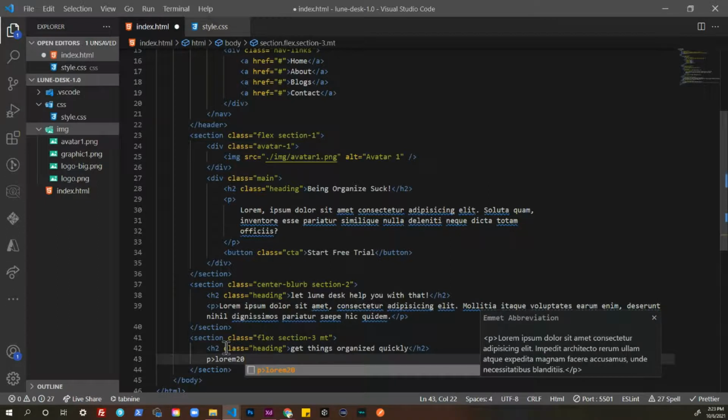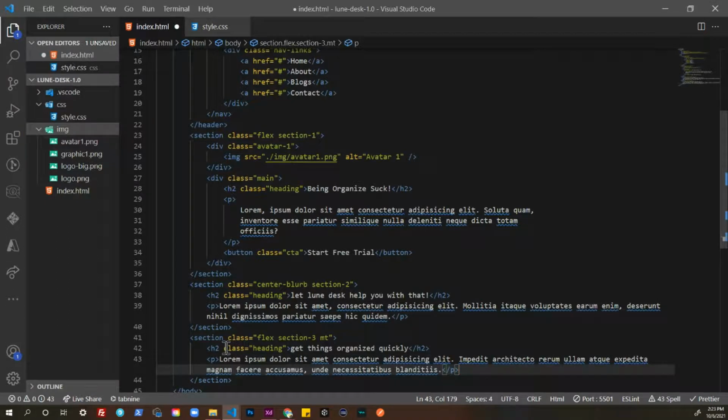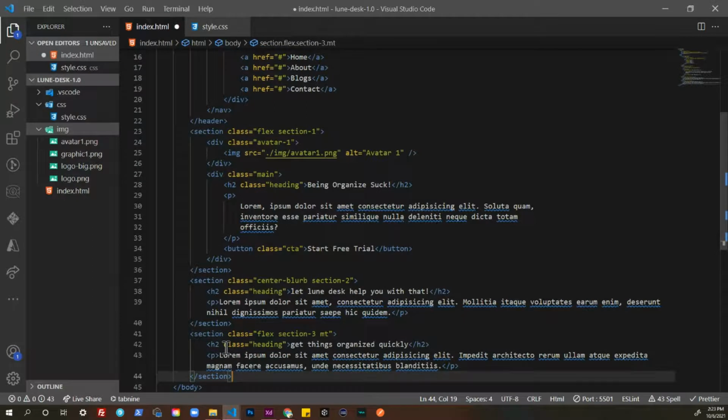All right, we're rambling, but let's go. Get organized quickly. Let's do some more dummy text in there. This is all so short. I didn't really fill this thing out, but we're just gonna make it do what it do. All right. So now that section 3 is done,